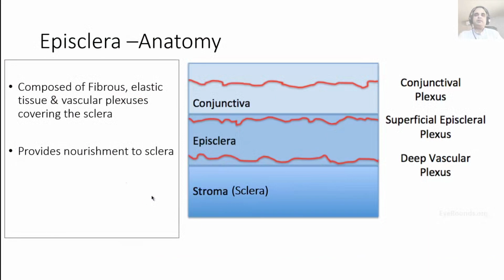This is the episclera. We'll talk more about the episclera when we talk about episcleritis. It's basically composed of a lot of fibrous and elastic tissue, and it's very vascular. And its job is basically to provide nourishment to the sclera, which is relatively avascular as compared to